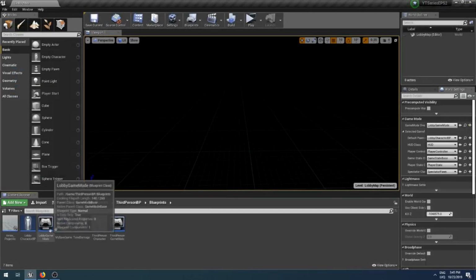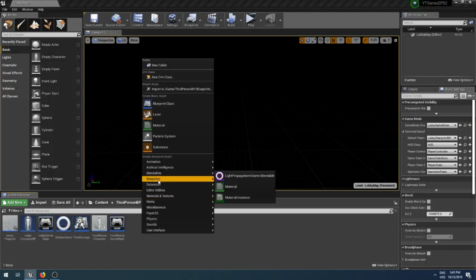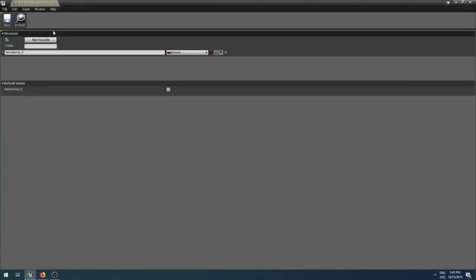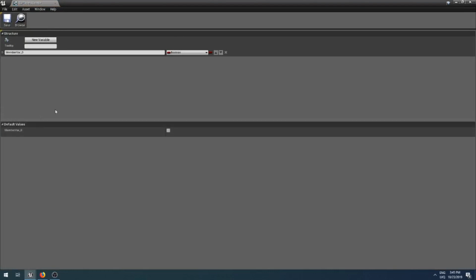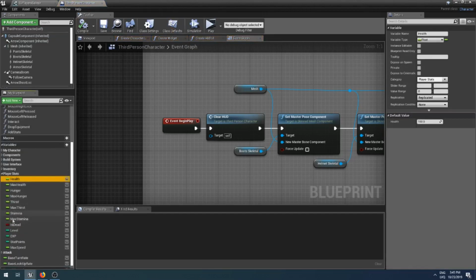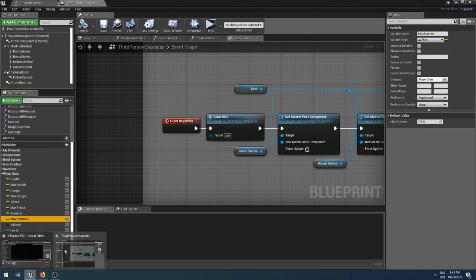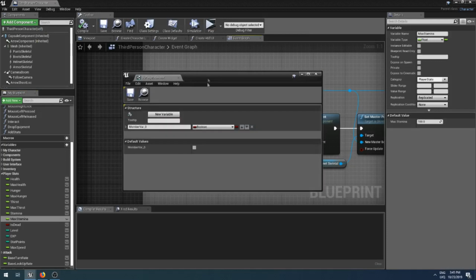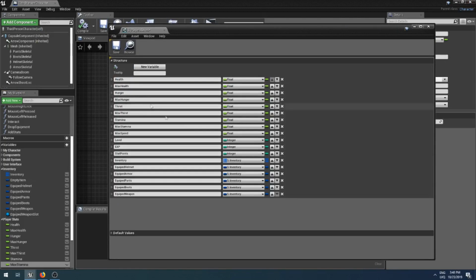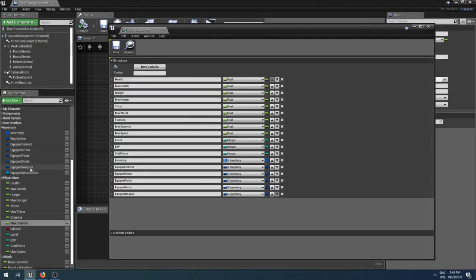So now if we have our save game, we should create a blueprint structure. I'm gonna call this S players saves, I guess. Seems to be a good name. And in here now we need to create all of those variables. So I will actually go to my third-person character, and I will look for these variables, and I will recreate these in a structure. So I'm gonna go and do this right now, and I'll be back in a second once I'm done. So now I have all of my variables set up that I want to be saved,